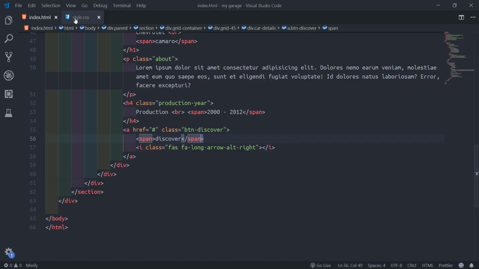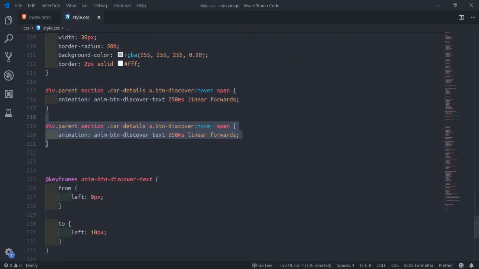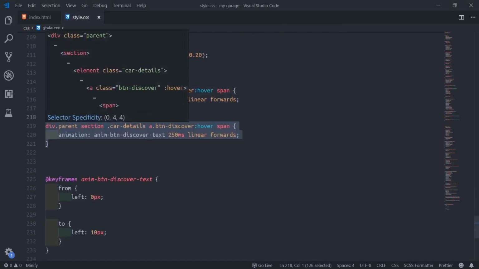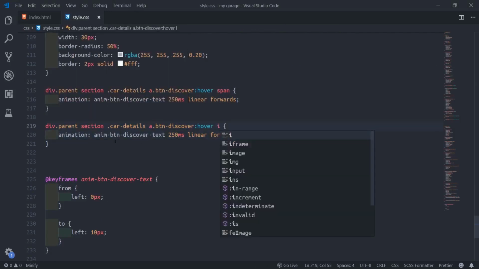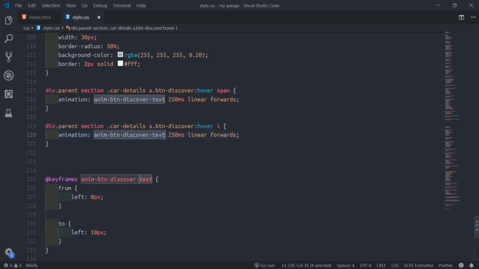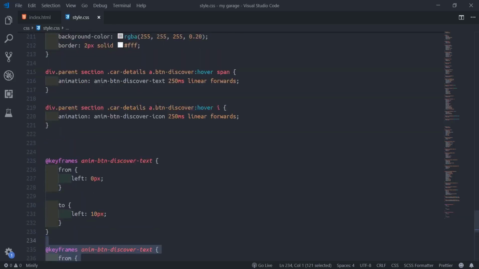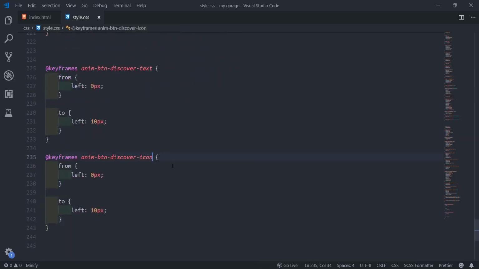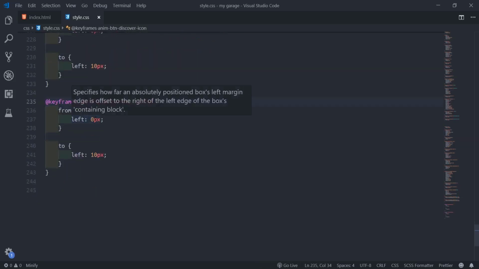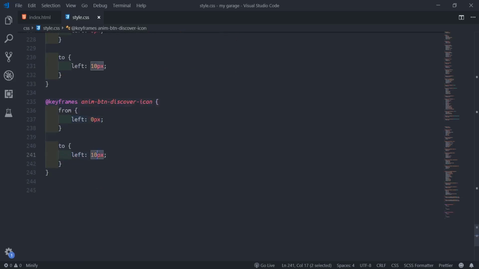So I'll come to my CSS and duplicate this. Instead of discover text, I'll say discover icon. Still leave the forwards here too. Then I'll duplicate this code here, Ctrl C, Ctrl V. Then we'll say from 0 pixel, it animates to 24 pixels to the left.